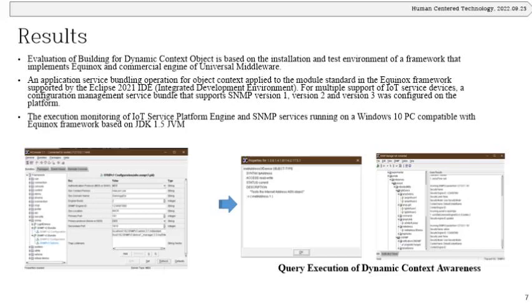The last evaluation result is executing monitoring of the IoT service platform engine and the SNMP service running on Windows and others like Linux kernel 2.1 or over. It is also Equinox framework based, JDK 1.5 in this study. You can look at this information from this figure as I